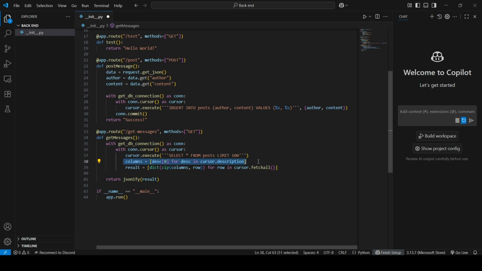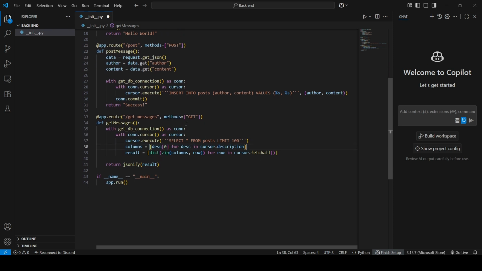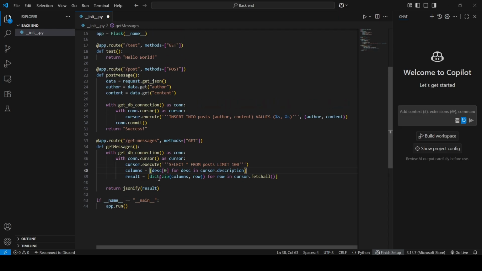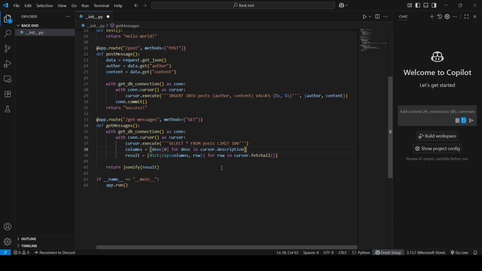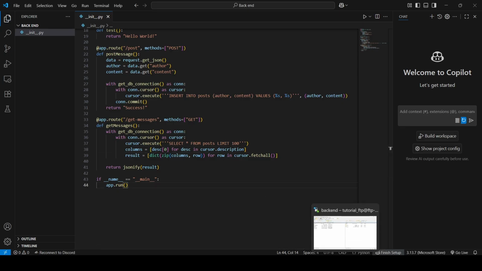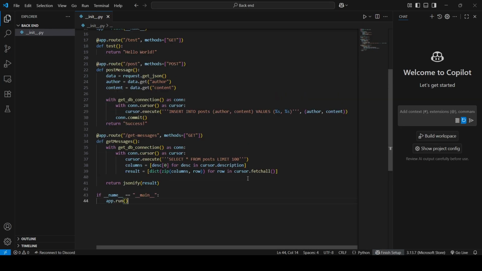This line is going to get the columns in the cursor, so it gets each one. And the second one is going to actually create a JSON object so it's easier for the front end to handle it. So yeah, we save it, copy it if you want,